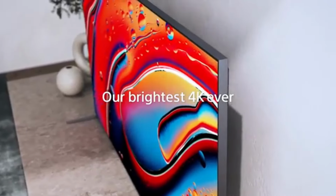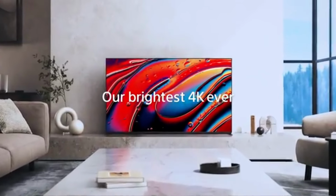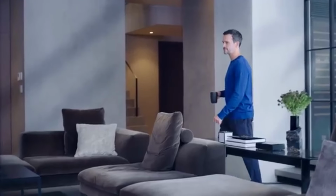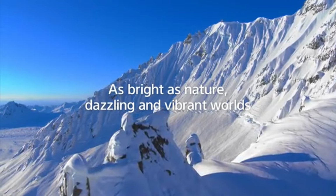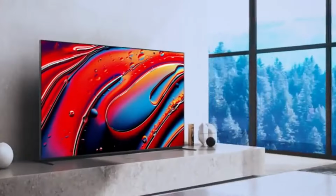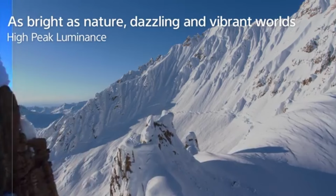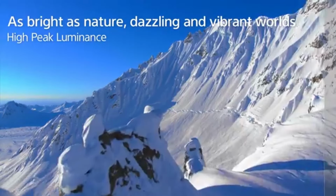If you regularly game in a bright room or want a TV that will impress your friends during a well-lit party, the best 4K TV for gaming in a bright room that we've tested is the Sony BRAVIA 9 QLED. It's also the best LED TV we've ever tested. It's incredibly bright, so this TV easily overcomes glare in the brightest rooms, and it can display exceptionally bright highlights in HDR games. Speaking of HDR, the TV supports Dolby Vision gaming at up to 120 Hz, which is great